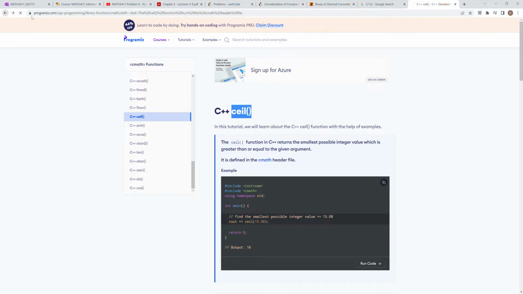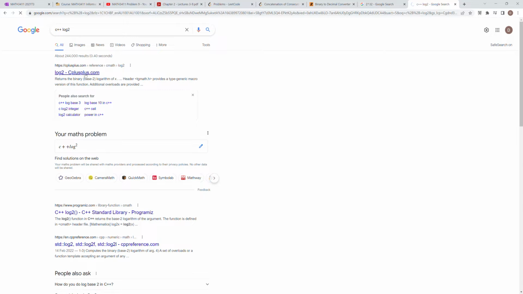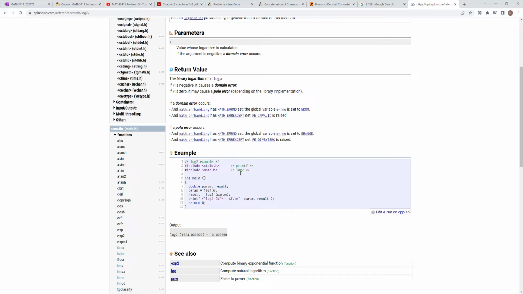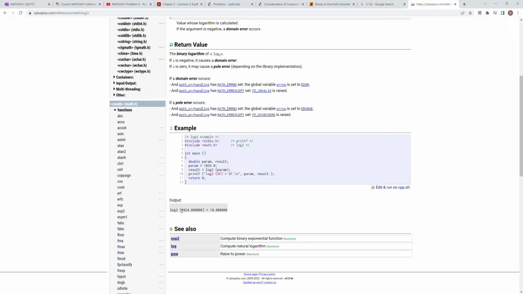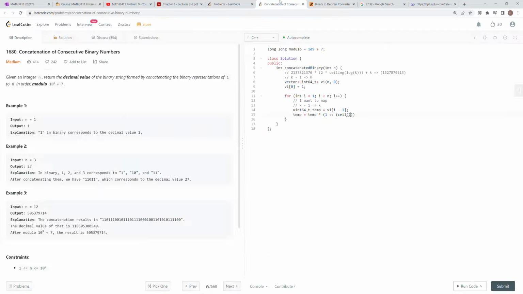C++ log 2. But it will return a double. Oh, it's fine because my ceiling function will convert the double to an int. Yeah, cool. It equals log 2, great. Log 2 of this number, which is i. And then just take the modulo of itself, modular, and then temp plus equal to